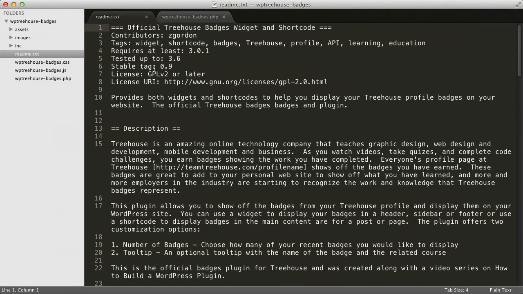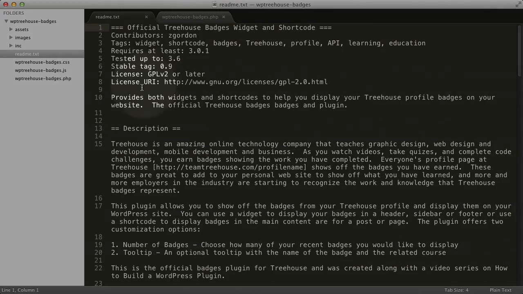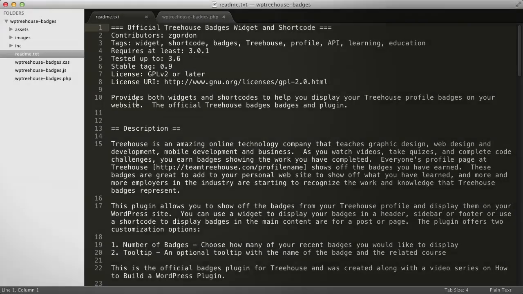We also have the stable tag, which tells WordPress the most recent version that people should be downloading. And again, we have our license information and a basic description of what the plugin does. Below that, we have several sections that correspond to the tabs you find on a plugin page in the WordPress.org